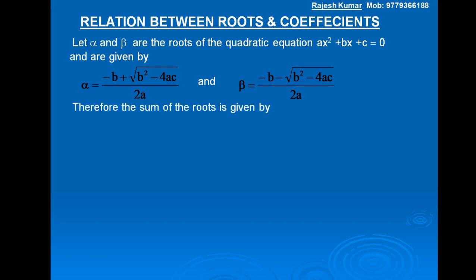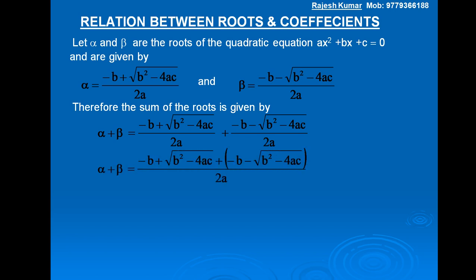Therefore, the sum of the roots is given by alpha plus beta is equal to, putting the value of alpha, minus b plus square root of b square minus 4ac whole upon 2a, plus, putting the value of beta, minus b minus square root of b square minus 4ac whole upon 2a. Now on the right hand side the LCM is 2a, so alpha plus beta is equal to,